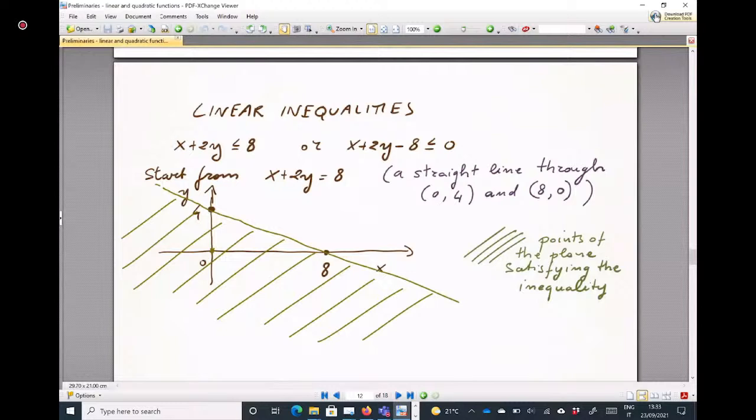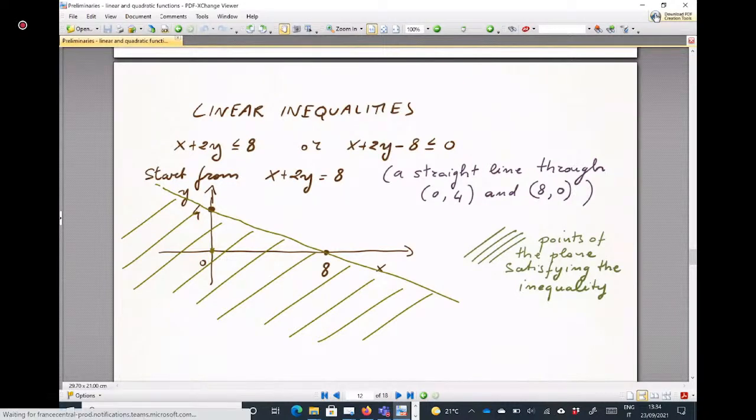This doesn't represent a straight line in the plane. This represents a half plane that lies below or above. It depends on the sign of the inequality. In this case, it lies below the corresponding straight line. Okay? So basically, if we want to represent these linear inequalities, we have to look at the corresponding straight line, if possible write the straight line in explicit form, but it is often more convenient to leave it in implicit form,